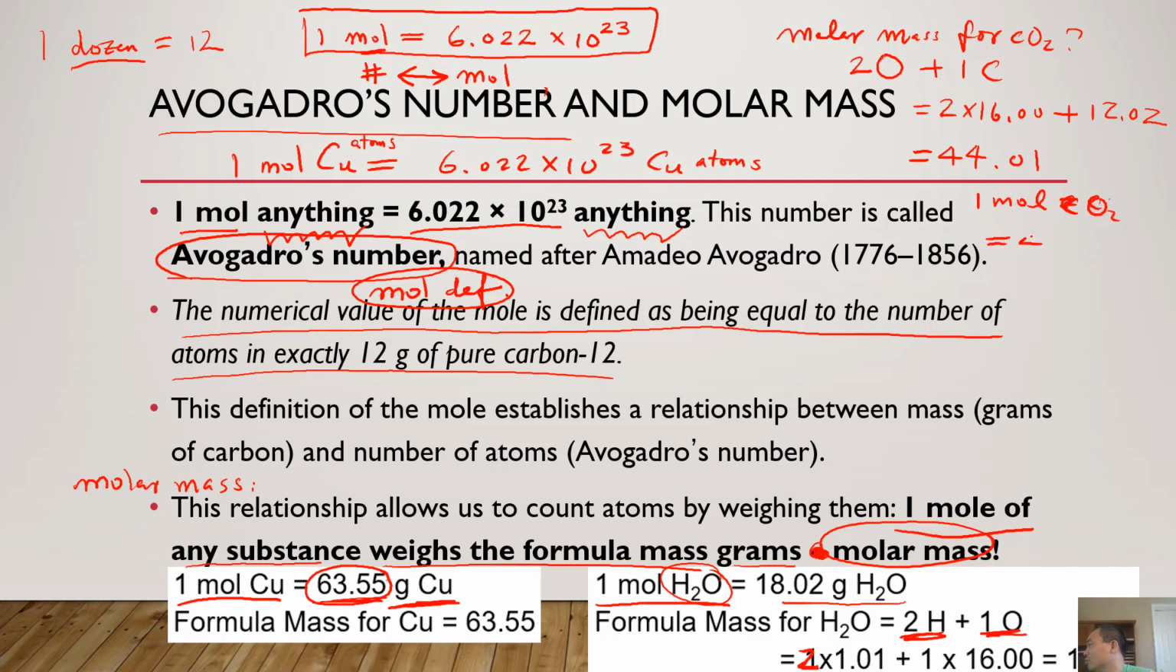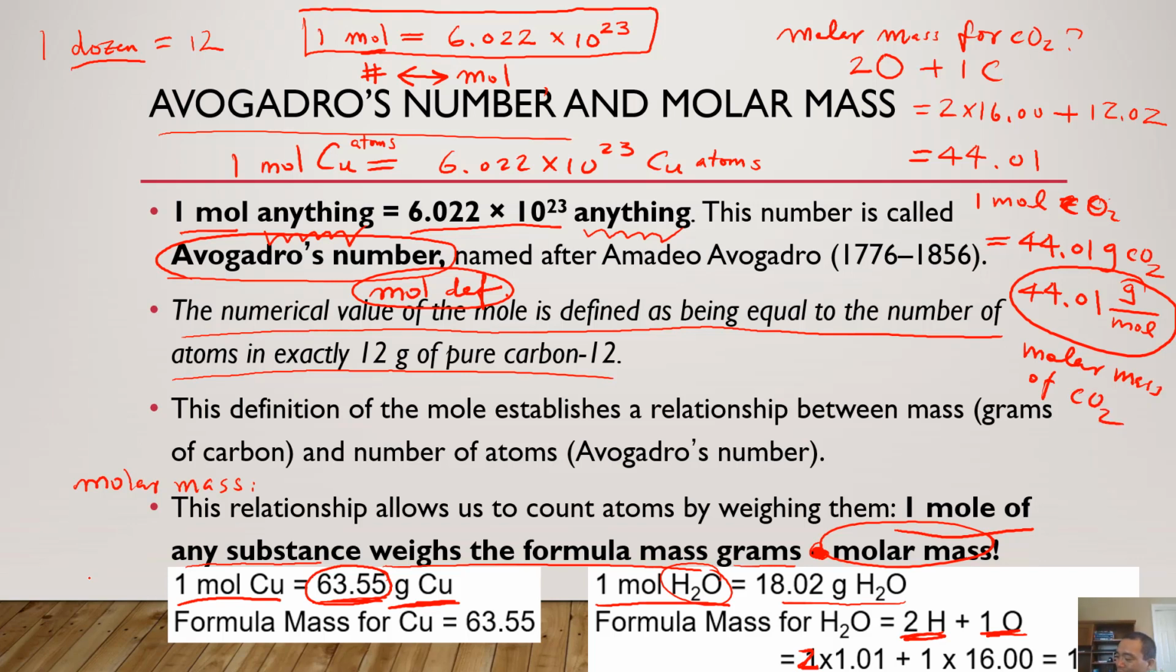Or in other words, 1 mole of CO2 is the same as 44.01 grams of CO2. Or many times we write it differently. We say the molar mass of CO2 is 44.01 grams per mole. So this is called the molar mass of CO2. Similarly, we can say over here, look at this situation, we can say the molar mass